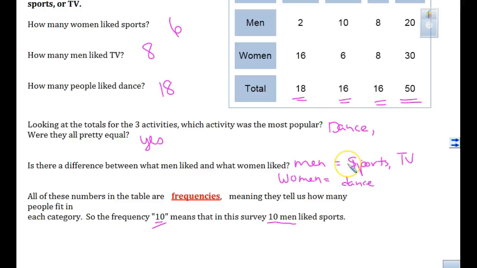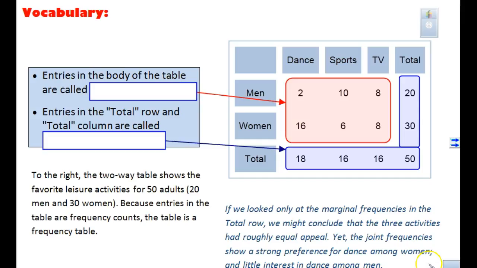So sometimes earlier in your education you did tally marks, like when you were surveying people, right? And then you put that tally and you wrote it as a number. That's kind of just what these are. They're simply frequencies, okay? On the top of the next page, we are looking at